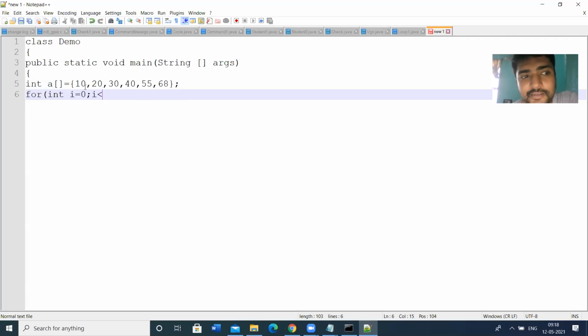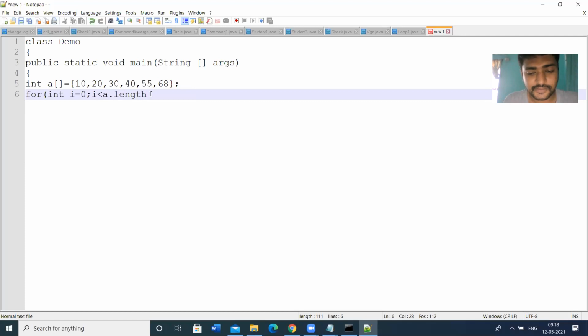We have to count: 1, 2, 3, 4, 5, 6 times. At the programmer level, we don't count the numbers. If you have a big array, counting will take some time. So there is a predefined method for calculating the length of an array: array name dot length.